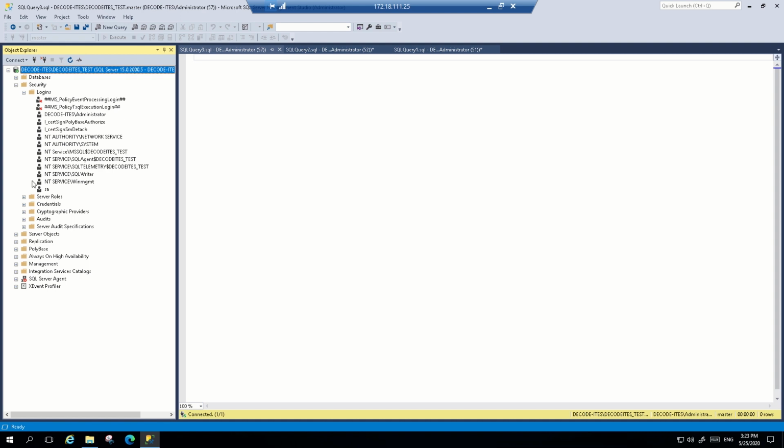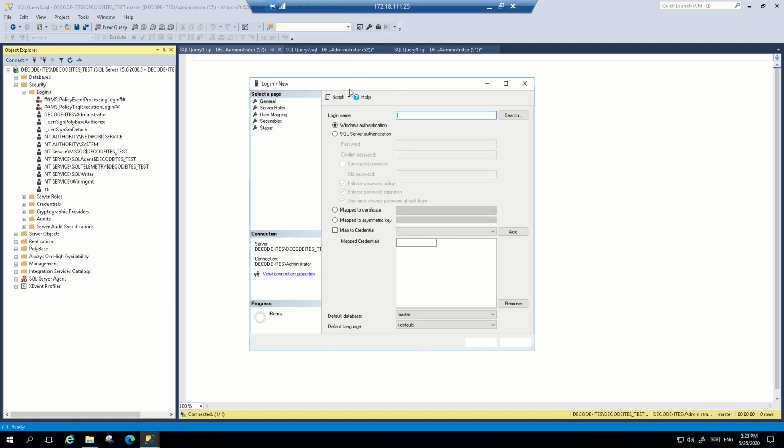Under Logins, you can see the currently available logins on your SQL instance. To create a new login, right-click on Logins. You will find the option of New Login. Click on it, and a window to create a login will appear. This is the window by which you can create your Windows as well as SQL login. In the first run, we will go with a Windows login.